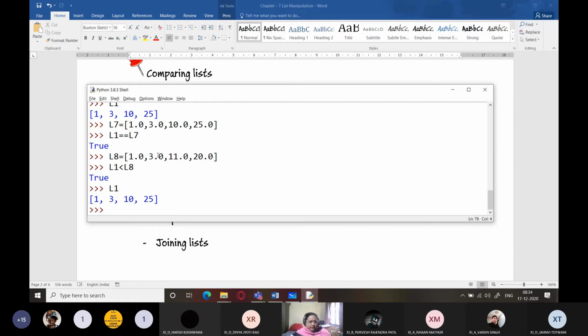Move to the next one. 3.0 is equal to 3. Move to the next one. L1 is 10 and L8 is 11.0. So 10 is less than 11.0. It is true. So we don't need to check the next one. The moment you get an unequal pair, it is decided then and there itself. Understood? So this is how we perform list comparisons.